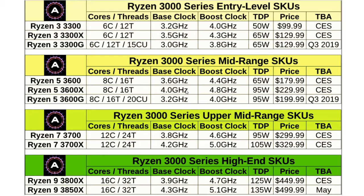I don't know for sure, but let's skip over the X variant because it's gonna be like the same thing going up and down the list. I'm more interested in the G variant of the 3600. It's going to have...